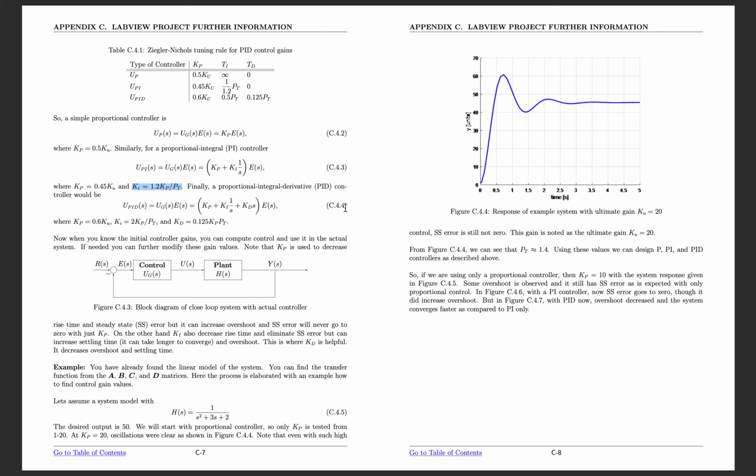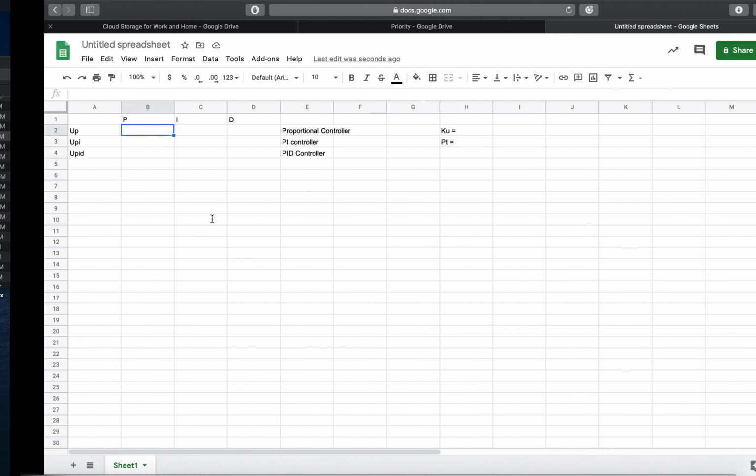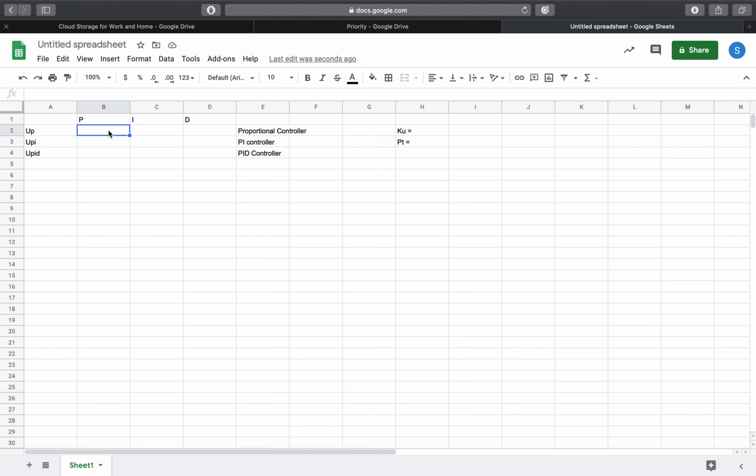And you can use 4.4 to find the PID gains. So these are the PID gains. So here I fill in the Kp value, then the Kp and Ki values, and for PID you will have Kp, Ki, and Kd values.